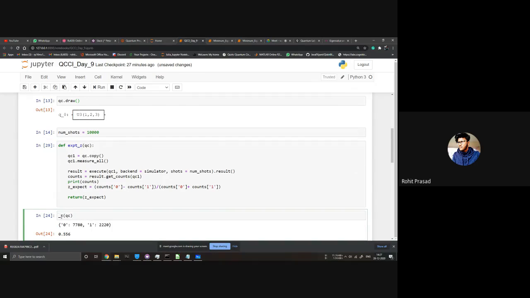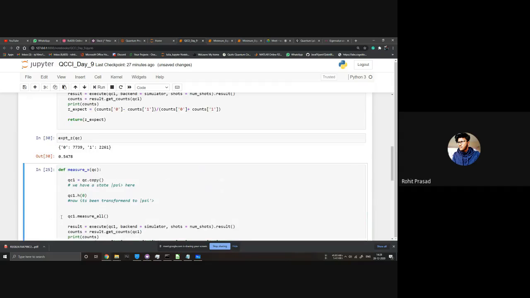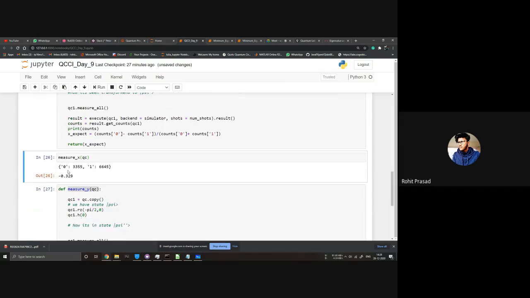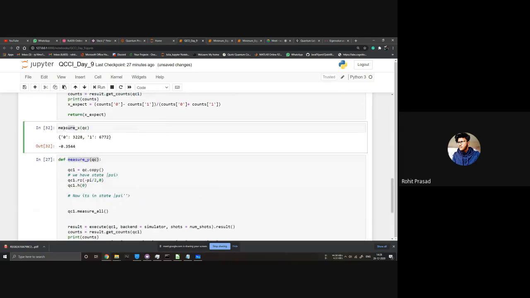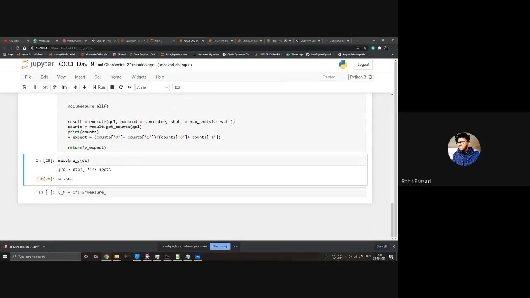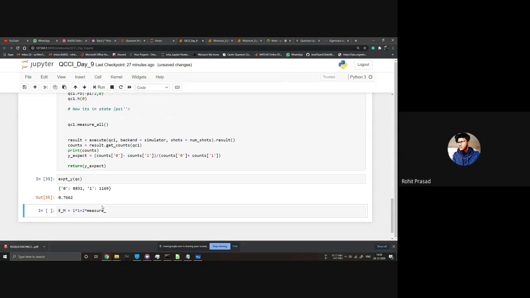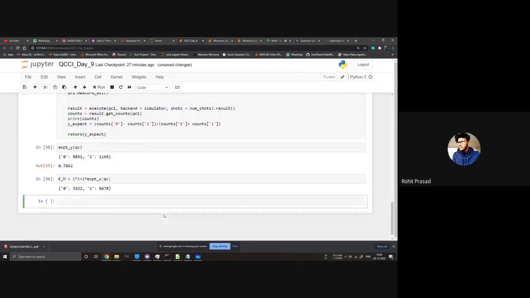It should be easier to remember, for using it next time. Let's call this expt x, expectation value of x. Let's call this one expt y. Now when we do this, we just say expt of, we need it for x, right, in QC.